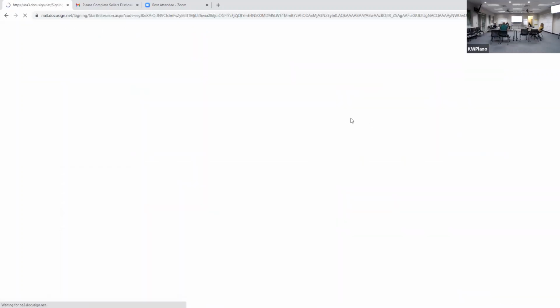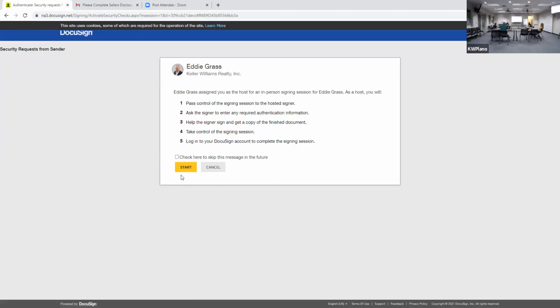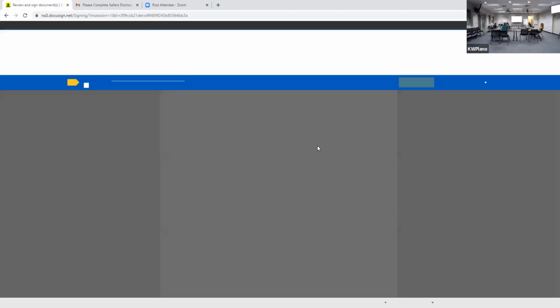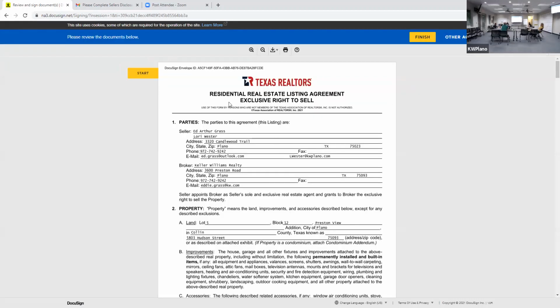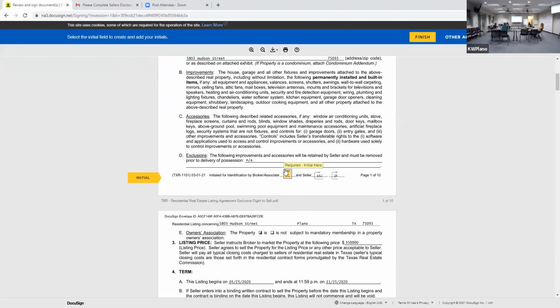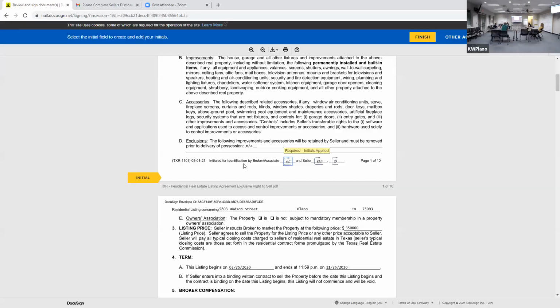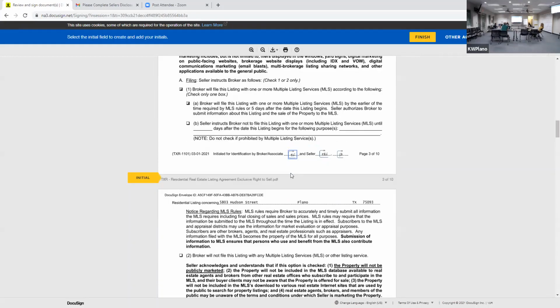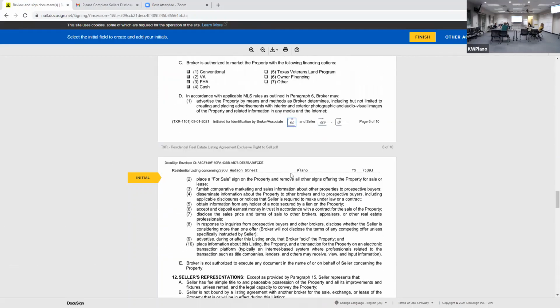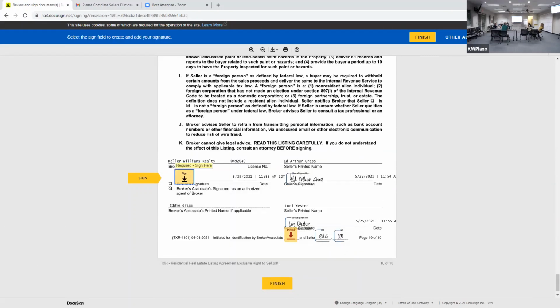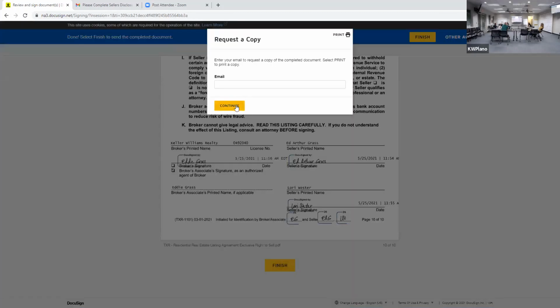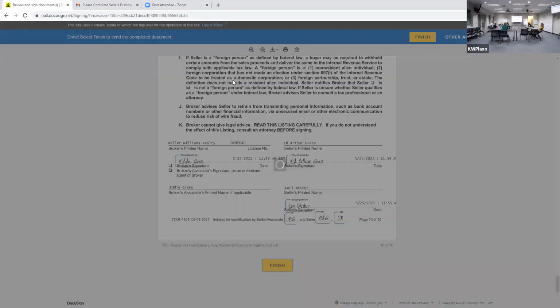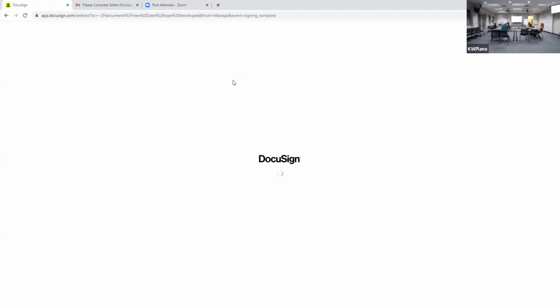So me as the agent, it's still going to give me the instructions that I'm going to pass this to me. I'm going to hit start, continue. I agree again. Continue. Start. I have to adopt my signature. And again, if I wanted a copy, but I'm going to have a copy because it's my box. And now